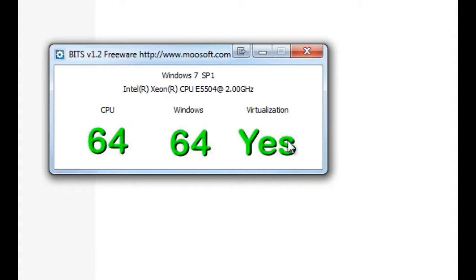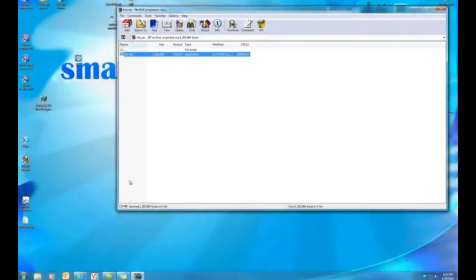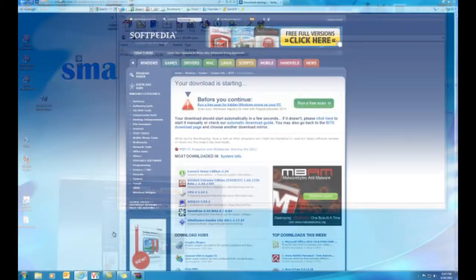Virtualization is a setting in your BIOS. So when your computer first starts up and it says, hit F12 to enter setup, that's where you would change this if it wasn't enabled. Each computer is different, so look at your manufacturer for that. It's just enabling virtualization in your BIOS. But we're all good here, so what I would do next is I would just open up